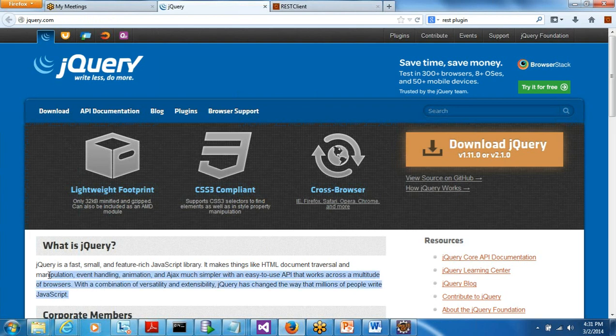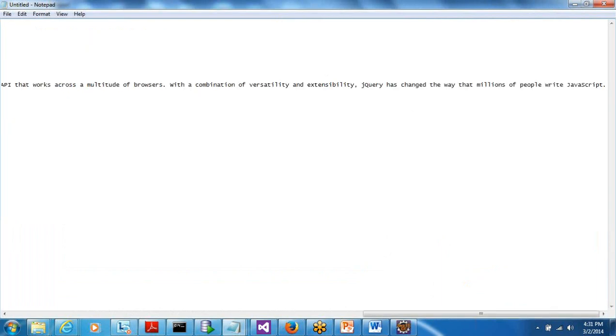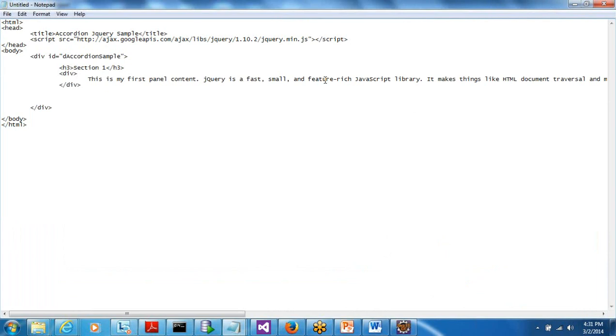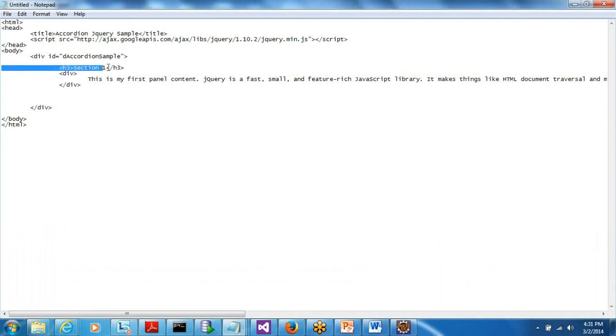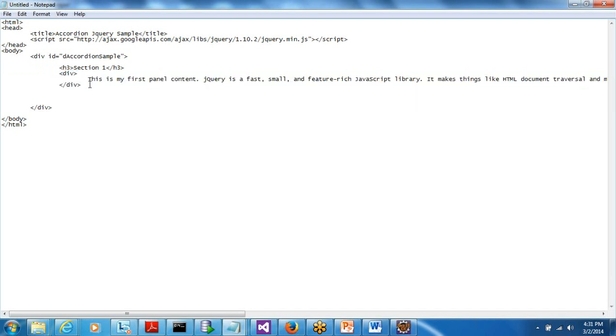And I'll copy some content from some website. Okay, so far this is the parent div container. Within the parent div container, I had a header element. Within the header element, I had a div tag. I'm going to